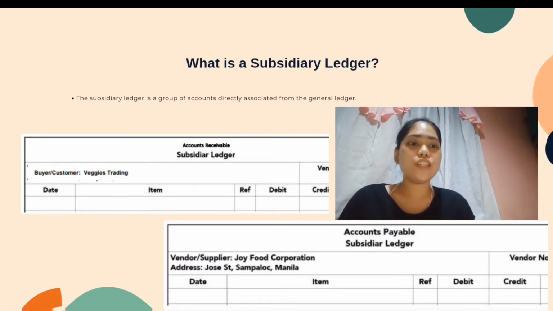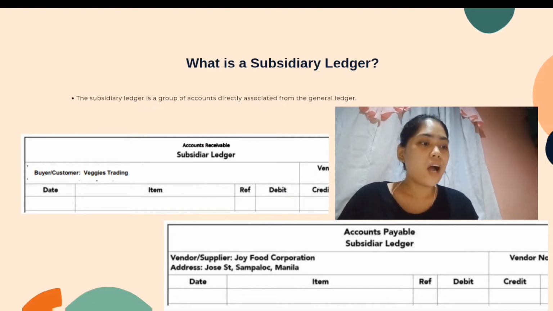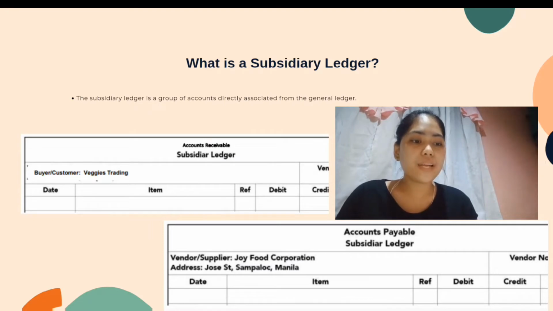Again, the general ledger is the primary accounting record of a company that uses double entry bookkeeping, and it is subdivided into two sections, the debit and the credit. To illustrate, we have the general ledger for receivables. The illustration shows the beginning balance column which contains the items. Here in the item column, we have the posting reference, the debit, and then the credit side, and we have the date and then the item. We also have the account name and the account number,